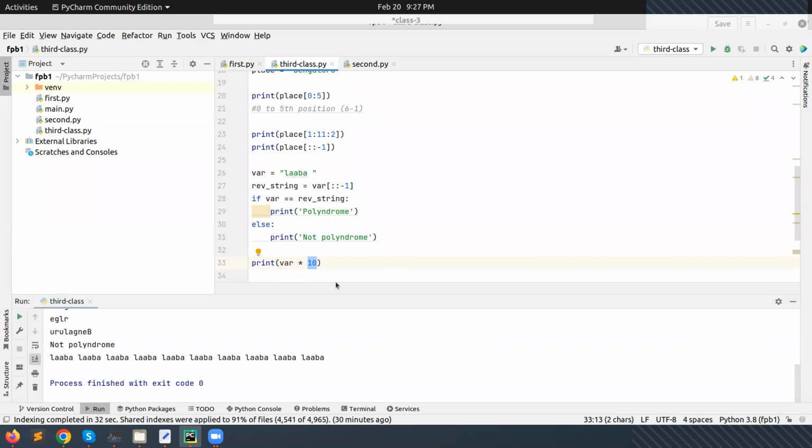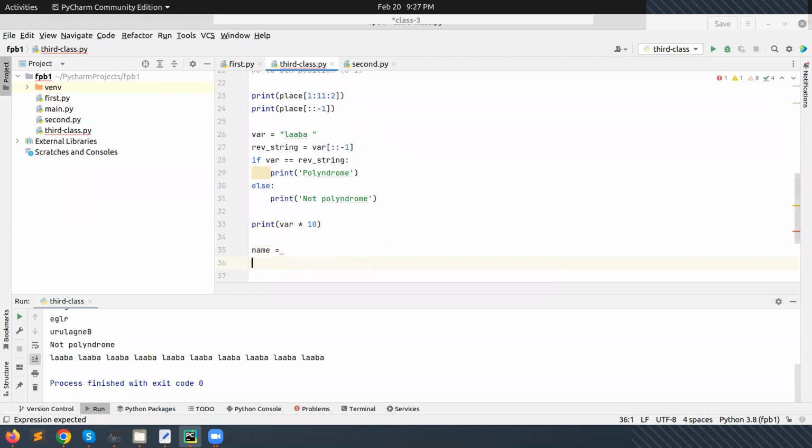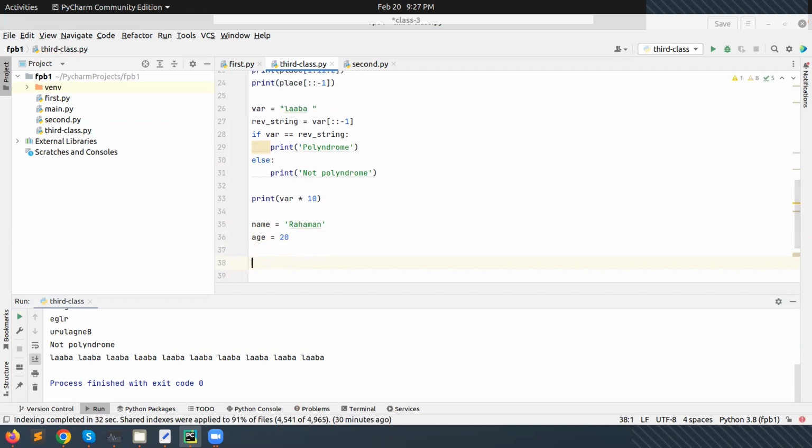Now there are many things at the time of printing the string also. We need to use some formatting also. Like I have given here a name and age variable. We are putting here a name, and age, for example, 20 years. Now, if we want to put this value in our variable, in our print statement, how can we do this? There are two ways,